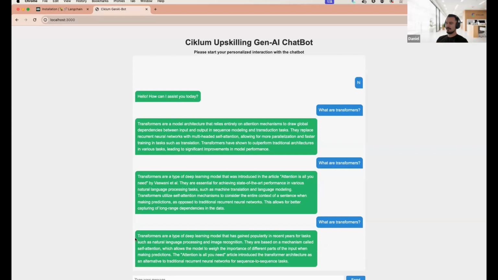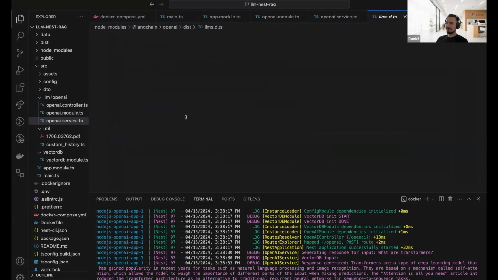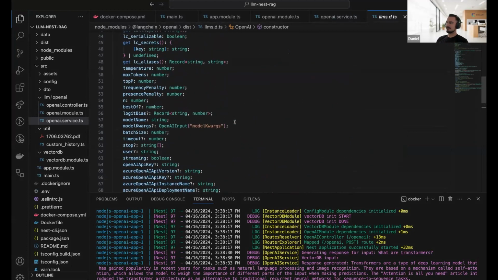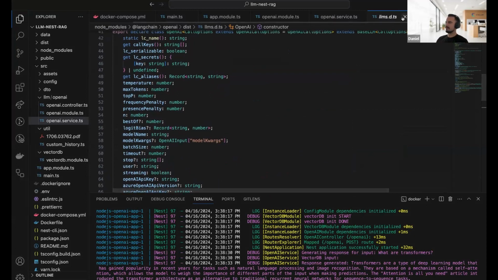All right, so now we can actually see a third variation of the answer because we changed the temperature, but of course, in order to fine tune it,